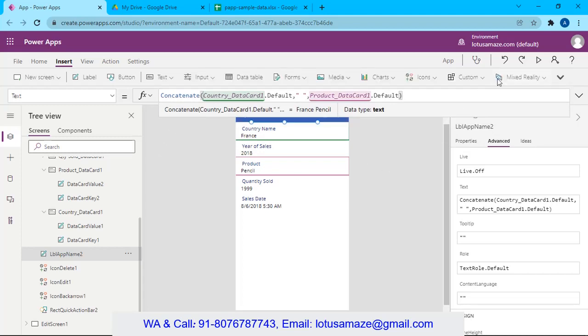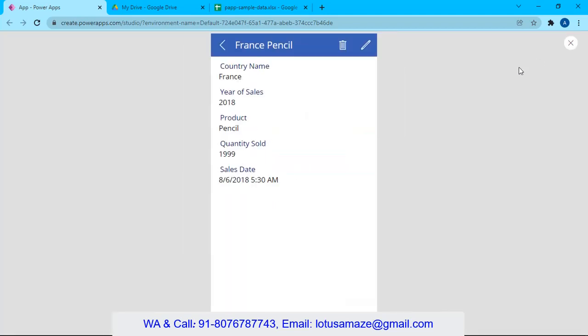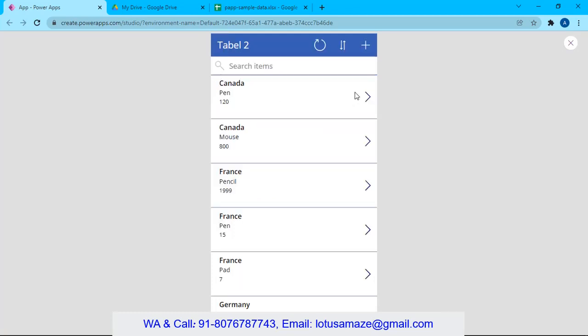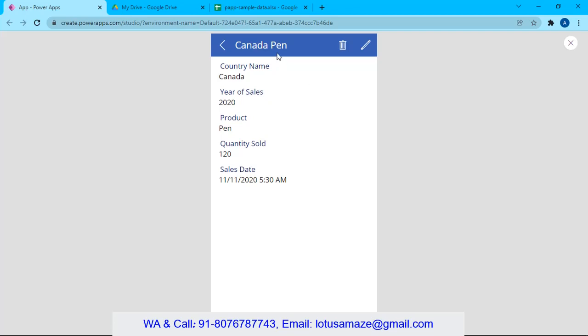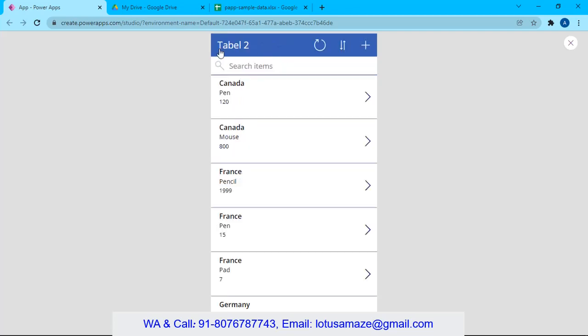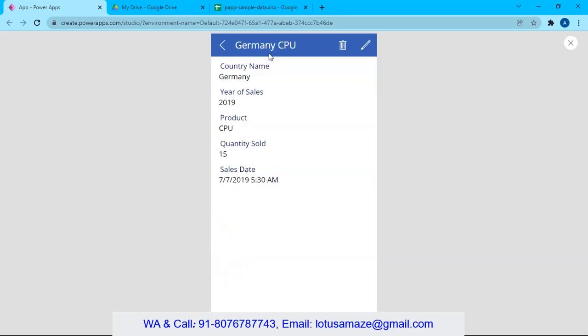Okay, we check preview: France Pencil. Now Canada Pen. So in the title we have Canada Pen, and Germany CPU. Then we have Germany CPU in the title.